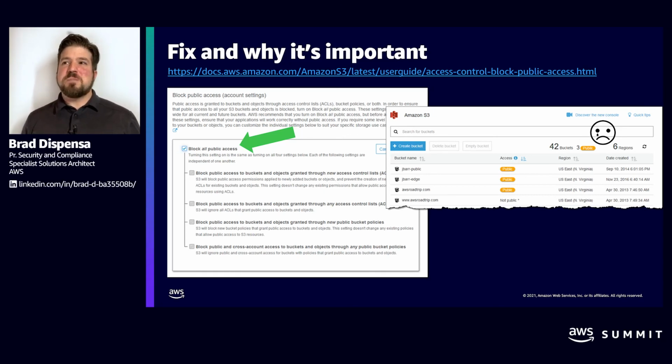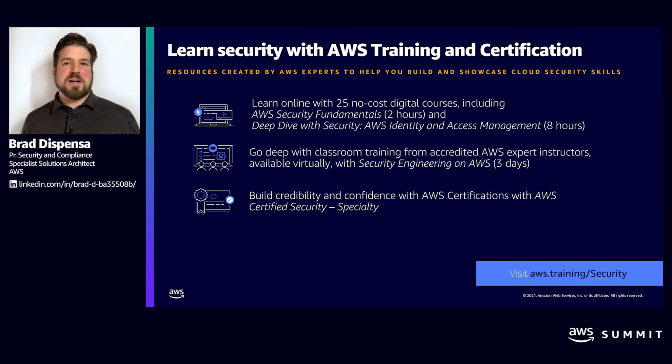The other thing is that customers may know that we provided a capability about a year or two ago, which will alert customers when public access occurs. This uses an underlying technology from the Automated Reasoning Group, which is an amazing set of technologies that you should go and watch the Automated Reasoning Group talk from last year's re:Invent. But suffice to say, what that does is it uses a formal proof mathematical model in order to understand the policy of your environment to understand if the bucket is public. And what you see on the screen here is a listing of buckets that have a policy that maybe you didn't know caused them to become publicly exposed. If you don't want that risk at all, just simply deny public access to all buckets in the account.